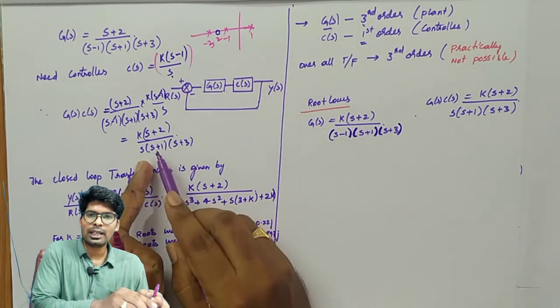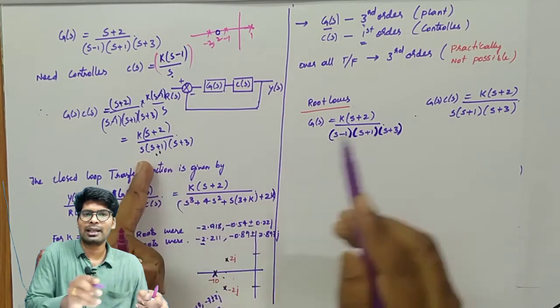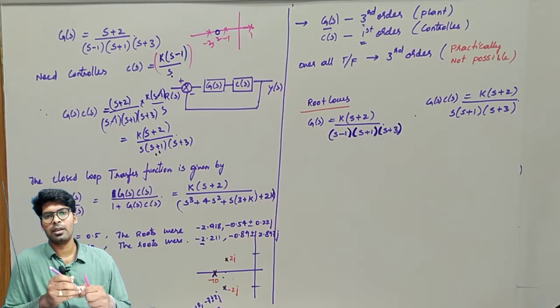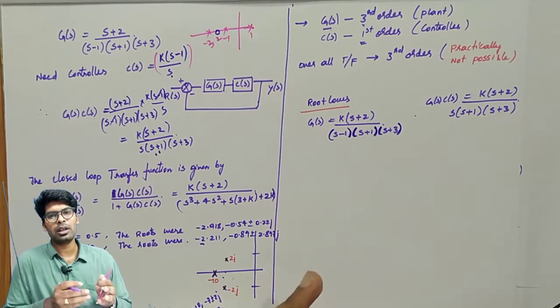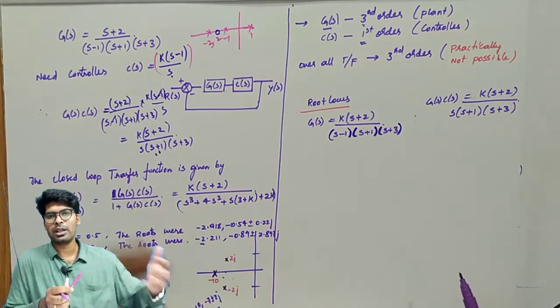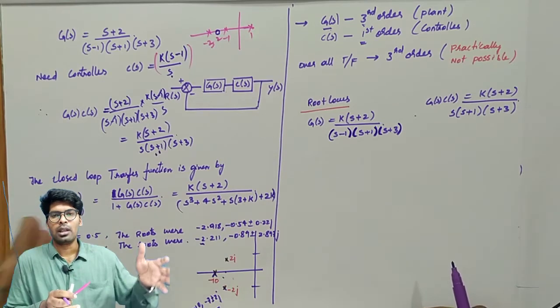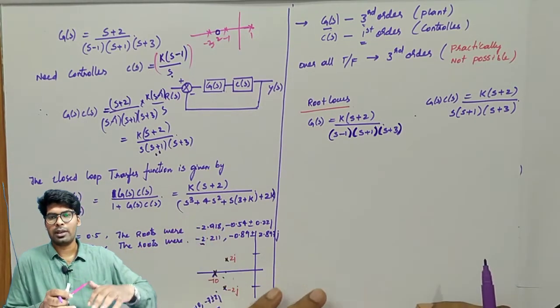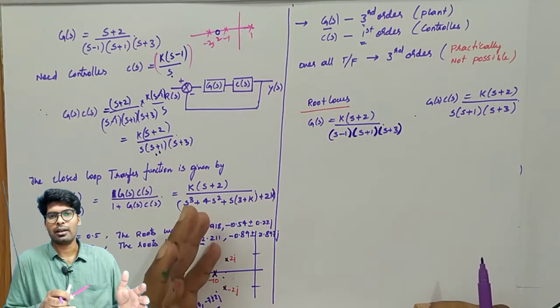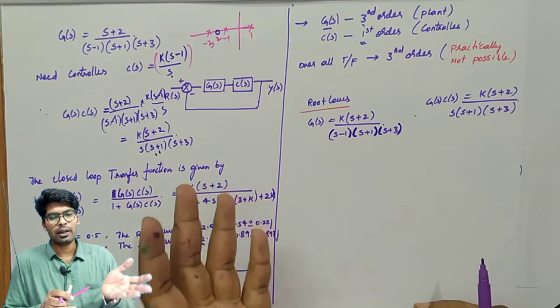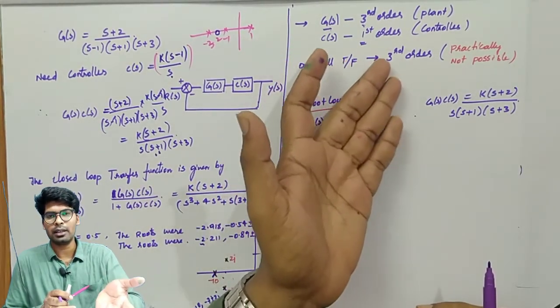So theoretically it is possible, but practically it is impossible. If you keep any controller, the order should increase. Increasing the order is another matter, it is also one more defect, but it comes with an advantage, which is a different kind of thing. But normally you should get third order. We should get fourth order here, but we are getting third order.